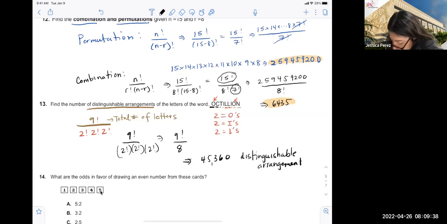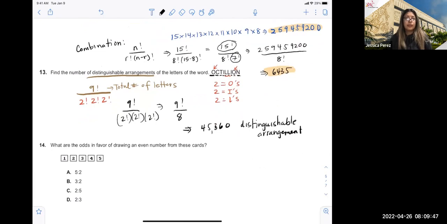Is it 1, 2, 3, 4, 5, 6, 7, 8, 9? Yep, 9. All right, the next one we have is